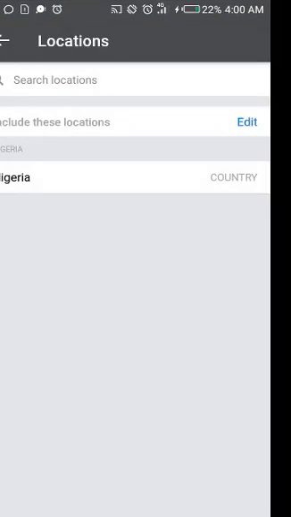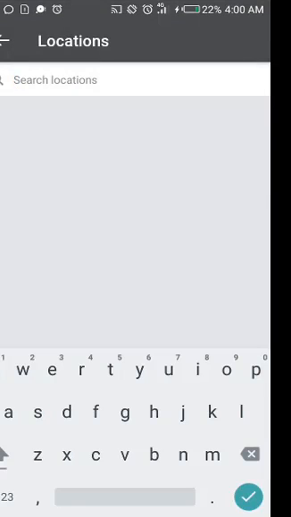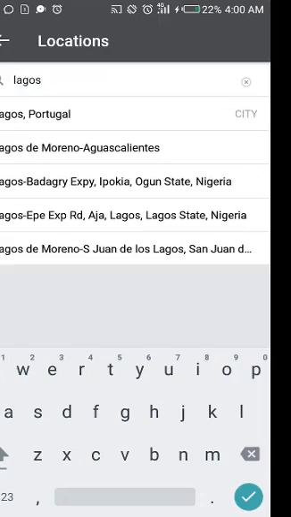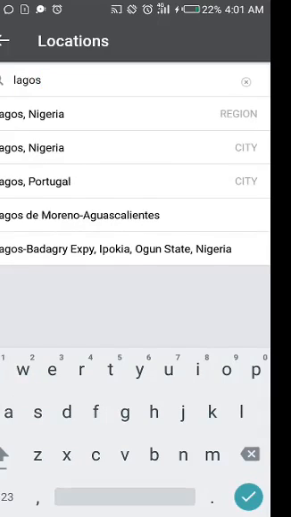Okay, search location. You tap the search location bar and you type in Lagos, Nigeria. Oh, I want Lagos, Nigeria. Okay,